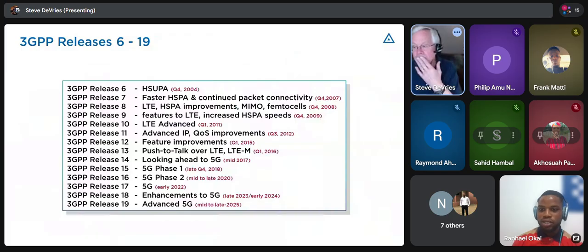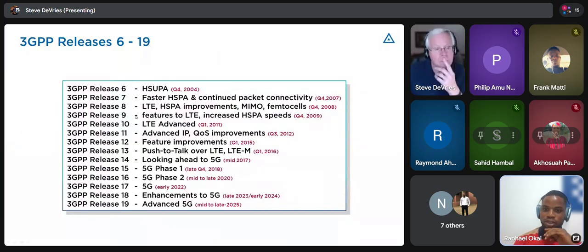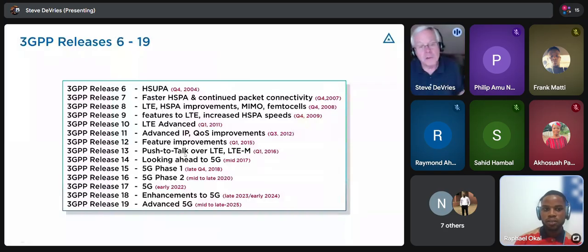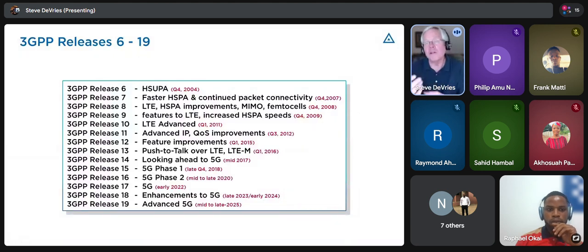Sure. Okay, so I was interested in knowing how the LTE worked, and then the push to talk over LTE. This was a feature where you could use your mobile phone kind of like a walkie-talkie. Let's say you own a company, a trucking company or a taxi company, and you want to talk to your employees.